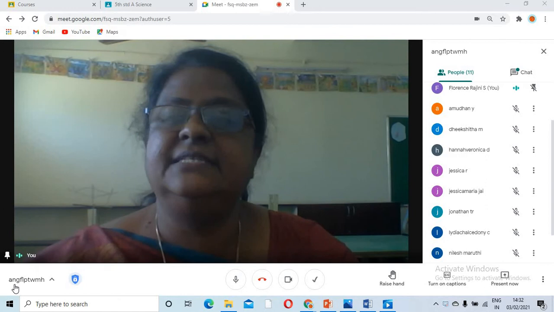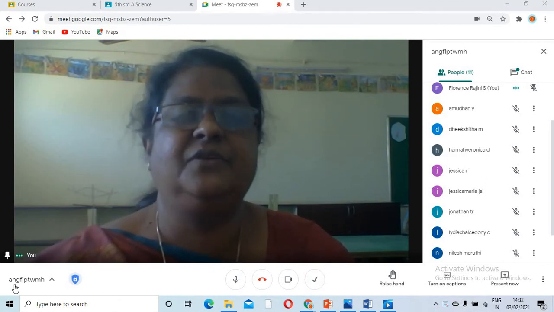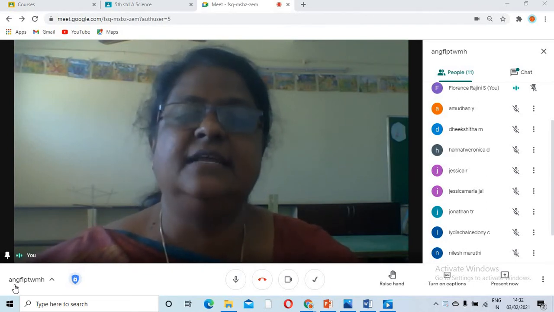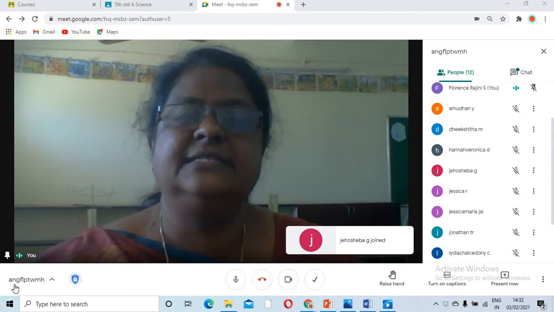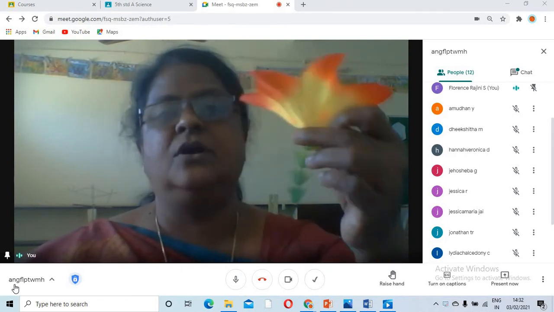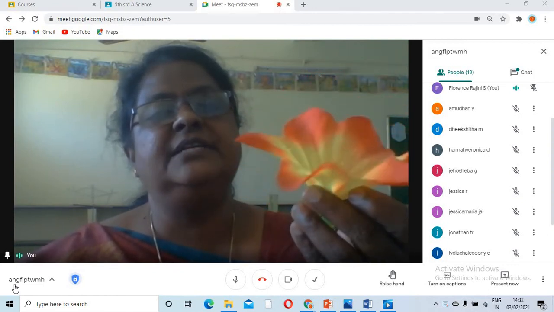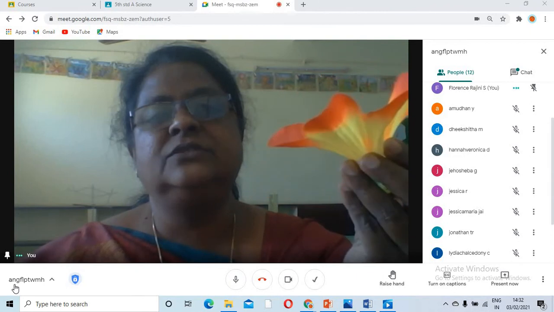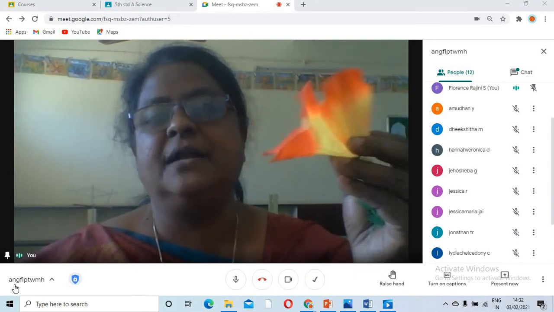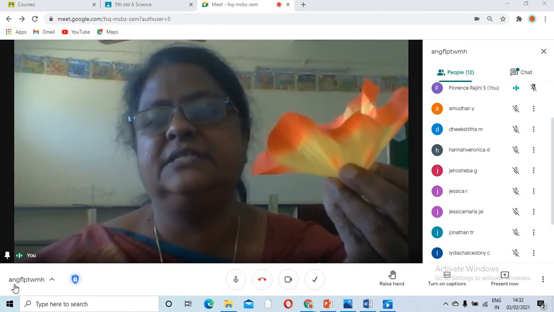So when I say flower, you must be thinking that it is very attractive and colorful, right? And it also has a sweet smell and nectar, which attracts lots of bees for pollination. First, I have a flower in my hand, and you can see that the flower is nice and colorful. It is red and yellowish in color. A flower is said to be one of the most attractive and colorful parts of a plant, and it plays a very important role in reproduction.